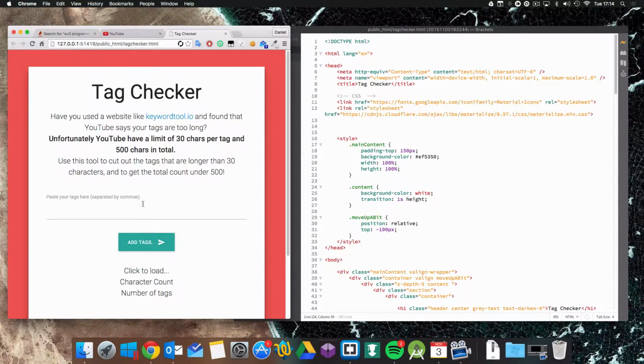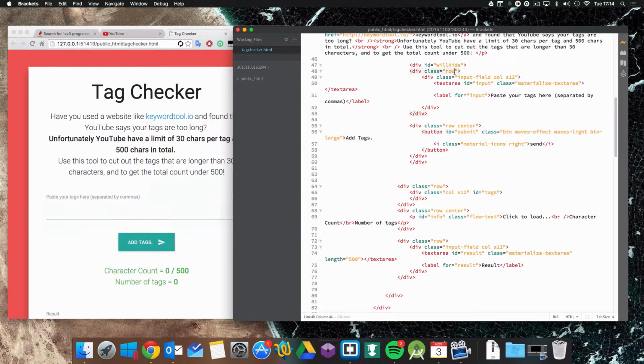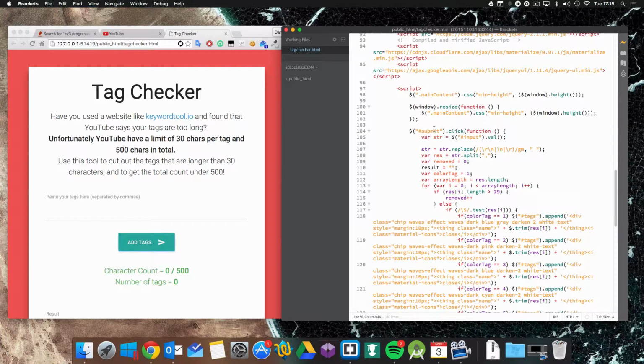Cool. So when you insert your tags here, if you have a look, we see what's being highlighted here. This row here, this text area. And when you press add tags, some JavaScript happens. So if we go down to the bottom, on submit, the add tags button click will take the value